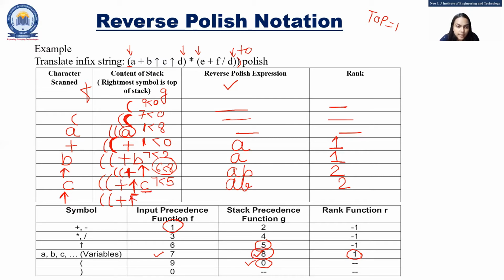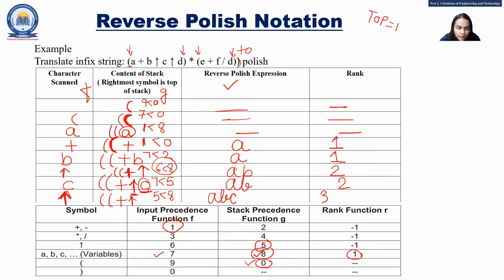Now, see this C. Now, C is on the stack. What is the precedence of on stack C? It is 8. And incoming, this is 5. Right? So, 5 is less than 8, definitely. So, we will push this C here. So, A, B, C. Now, this is 3. 2 plus 1 is 3. But one more thing you have to see, students, here also, that this is